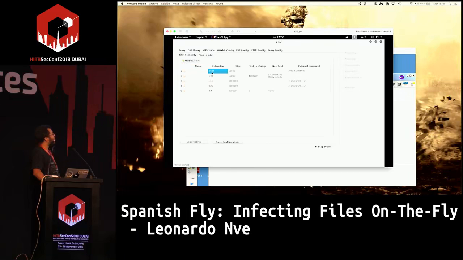For example, all .html files with a size less than 10K, infect with this external command. If it's a CPP file, with this extension and less than 10K, you can open the file and change this string for this other string.